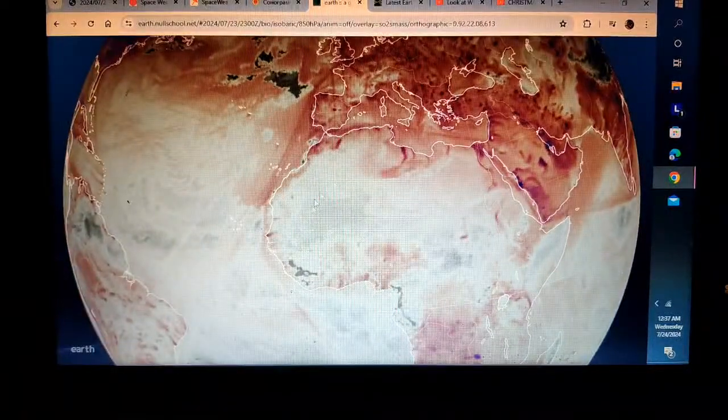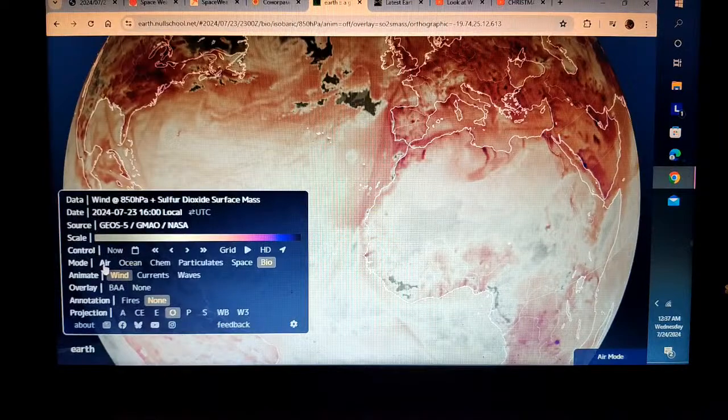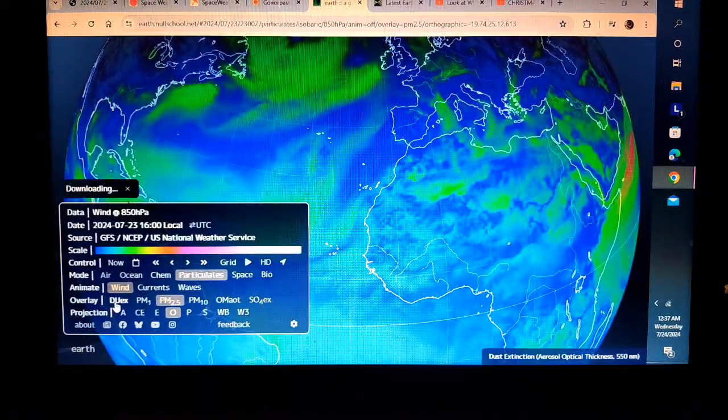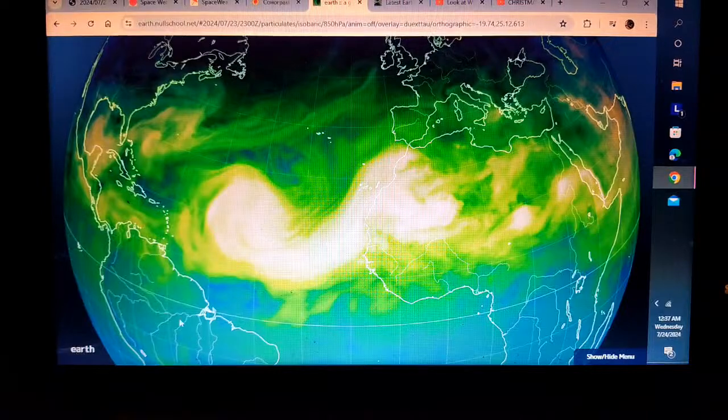Here we have no emissions because we have a huge desert, but all that sand is blowing out into the Atlantic now, right? Because we've got these huge sand plumes, these huge sandstorms, particulate sand, please. There we go. Okay, so we've got these huge plumes of sand, all that area is blowing out into the Atlantic.